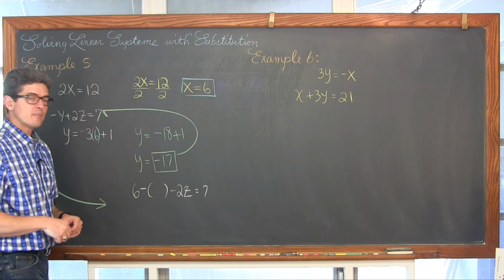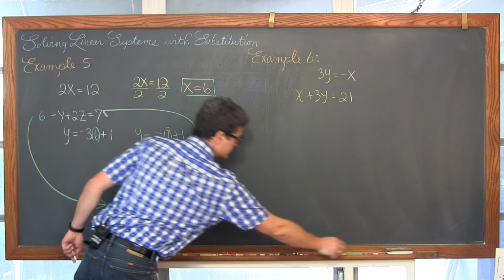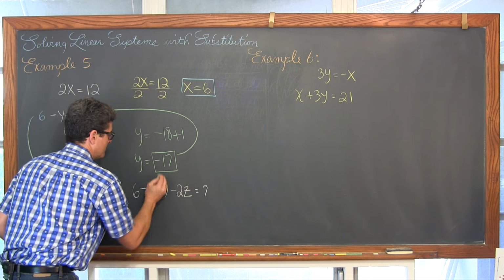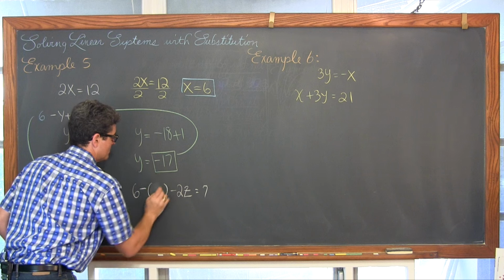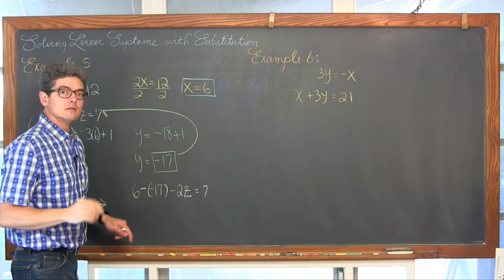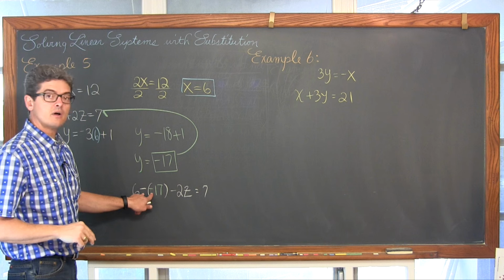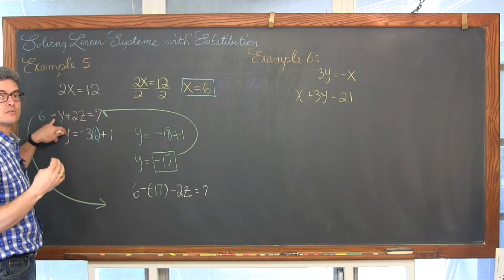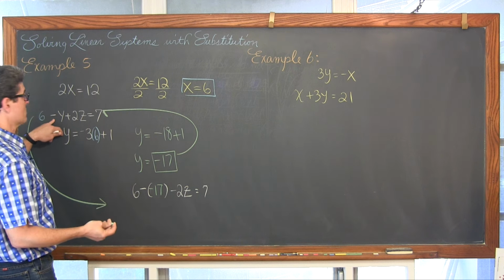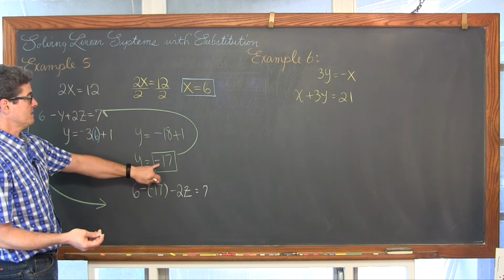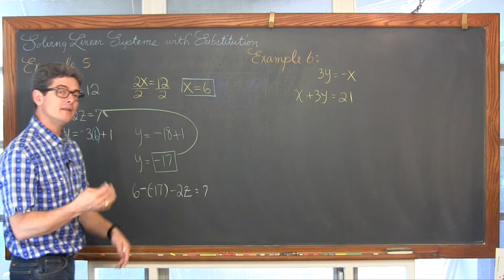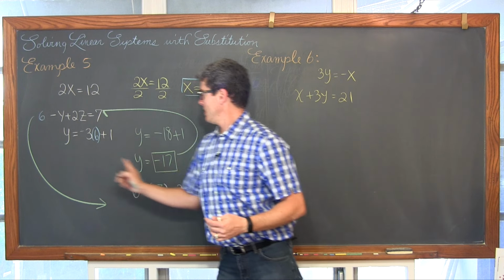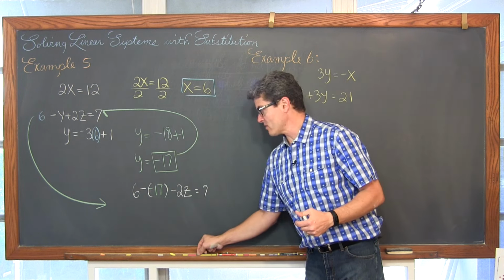And why am I making a big stress about this? Because y happens to be negative 17. Well, if I wrote with part of the chalk that was a little bit thinner, you could read that. And a lot of students, when they're first starting off in algebra, will get confused because there's a negative sign in the equation or expression you're plugging into, and there's a negative sign with the number, and they'll end up only writing one negative sign, but there is a negative from the equation that we were plugging into and another negative from the numerical value that we're plugging in.